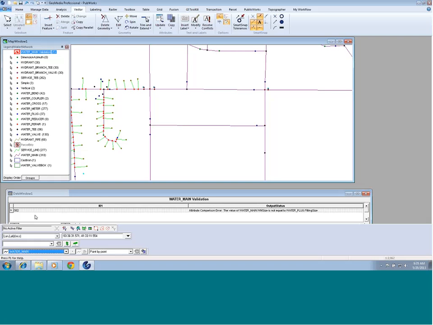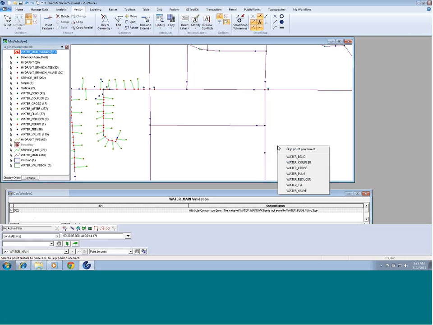Remember, these rules are built-in rules that you can use. They have to do with connectivity, but there's a variety of other rules in the system that you can learn about. And in fact, you can write your own custom rules and your own custom operations, and put them in the system. So in placing a water main,